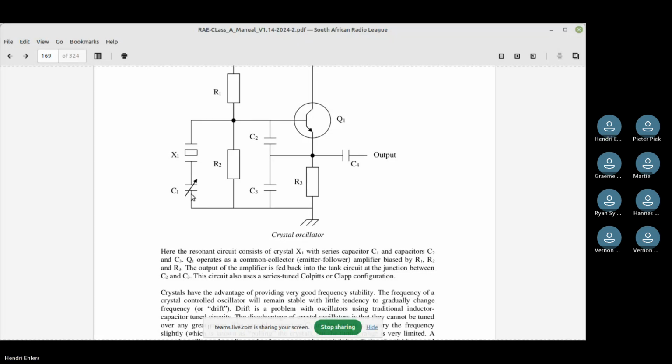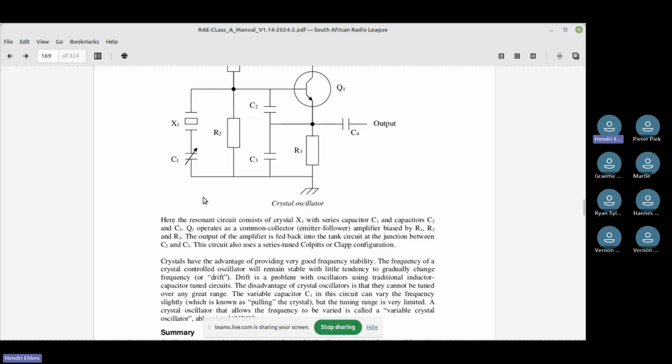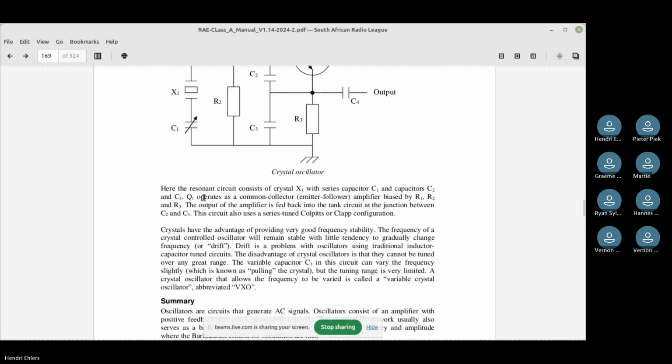You would connect it and it might oscillate at 12.001, and you want it exactly at 12, so you can trim it or pull it with that capacitor so that it's 100% within spec.